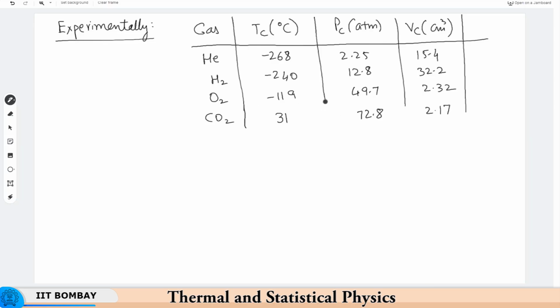Okay, so these are experimentally measured quantities, and more interestingly, now we can calculate the ratio of RTC divided